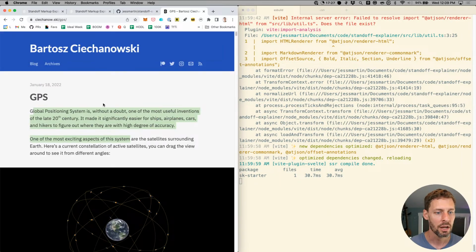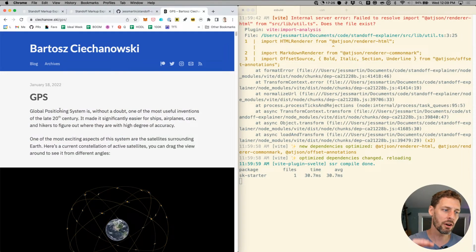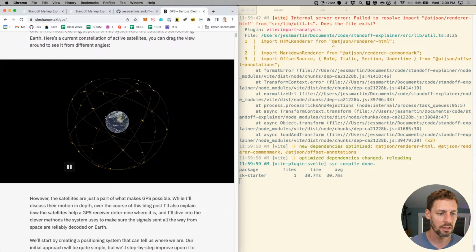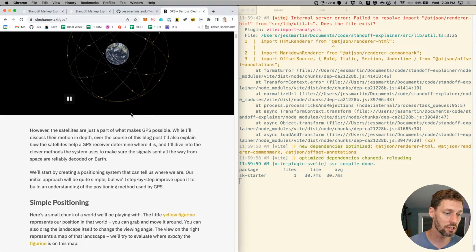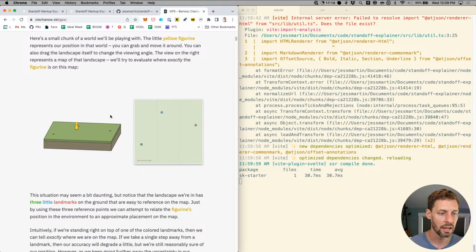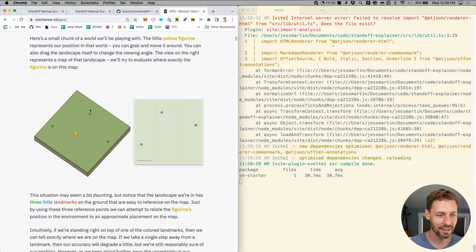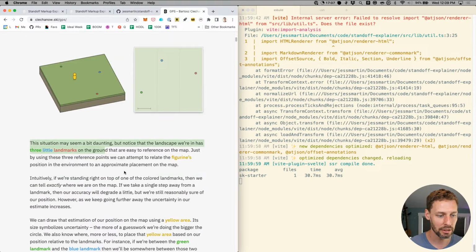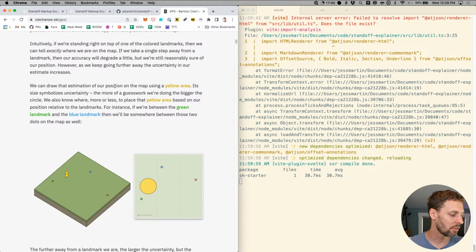It's super long. But within this narrative, he actually embeds these beautiful demonstrations and simulations that teach you about the concepts in an interactive way. So check it out. You can drag it around. It's awesome. You can drag the pen around and see how that changes. I'm not sure if you can drag the red and blue thing. Anyway, so it's kind of